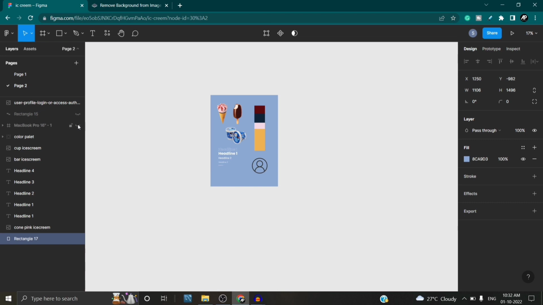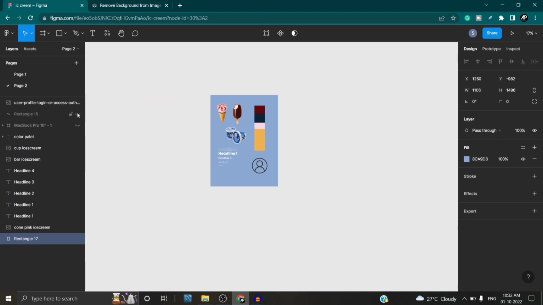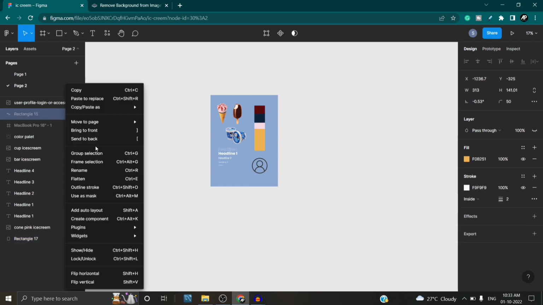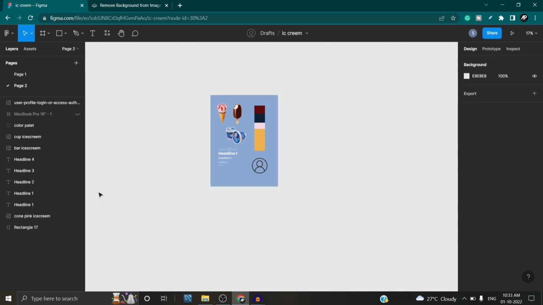So this will be one more design that I have created to show you guys, but I am hiding it right now, and that is something that I have created. I want to delete it actually, so let's delete it from here. Where is it? Wait, I'm gonna use the keyboard delete option. Okay, so that's gone. So page 1, page 2 is right here, and I have added this much things,